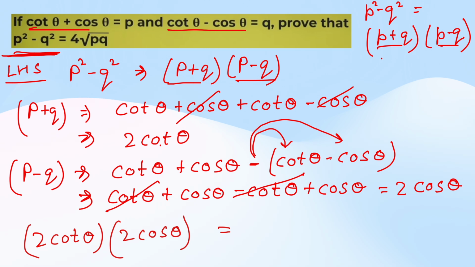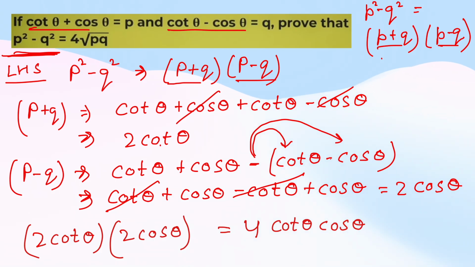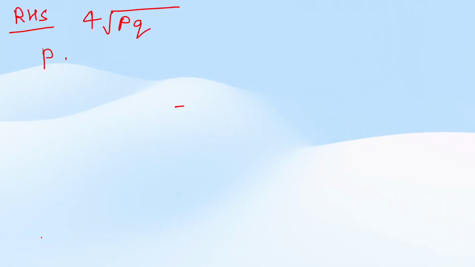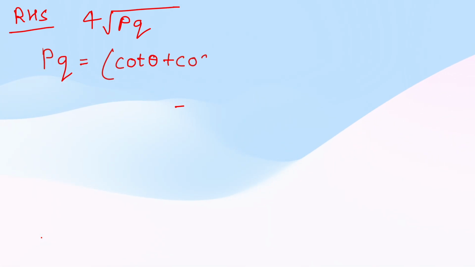It means my LHS is 4 cot theta cos theta. Clear? Alright, this is my LHS. Now check my RHS. RHS is 4 times root PQ, which means I need the value of P into Q first, right? P was this one and Q is this one. Just multiply them. So P into Q will be cot theta plus cos theta,